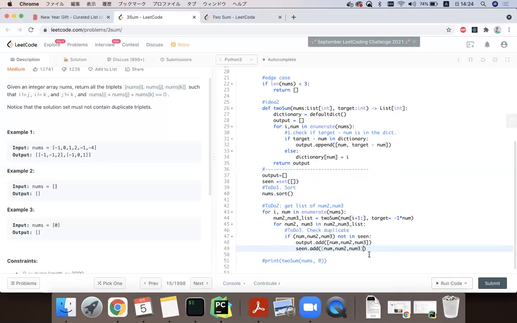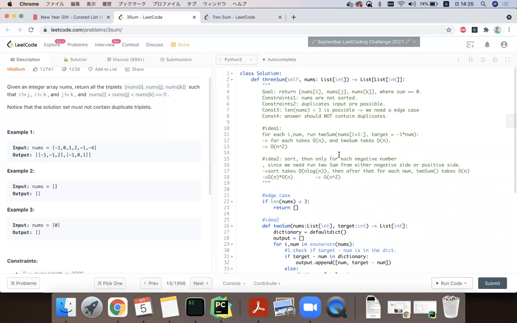Okay, so question: do we want to add to seen inside the if statement or outside of it? If it's not in seen, sure, we want to add it. If it already exists in seen, we don't need to repeat the adding process. So I'm going to keep that add inside the if statement. Okay, so now we have output, it's added. And then we want to break